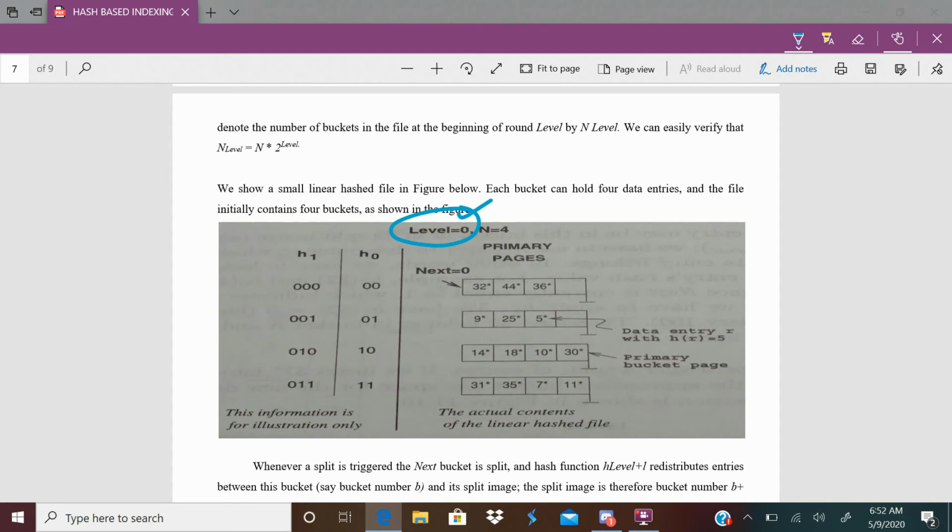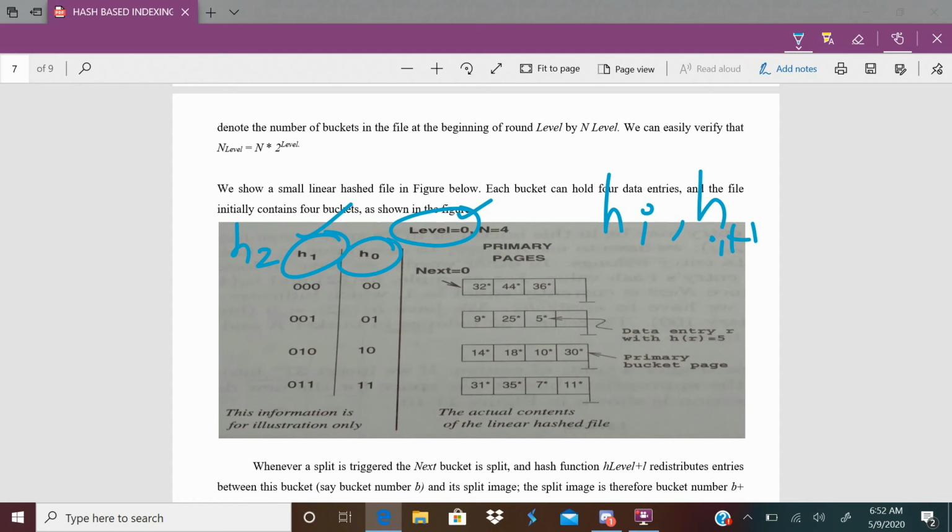Now observe here, level 0 means it uses the h0 function and h1 function. Suppose the level is 1, it uses the h1 function and h2 function. So if the level is i, it uses the hi function and hi plus 1 function to locate the bucket of a database index.